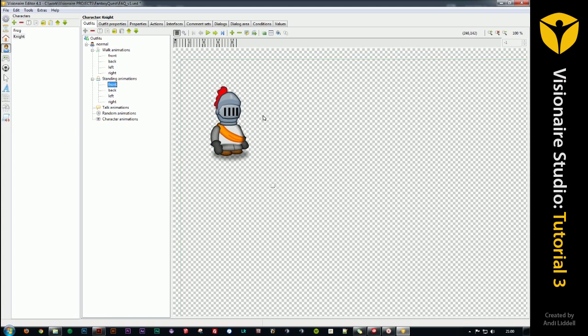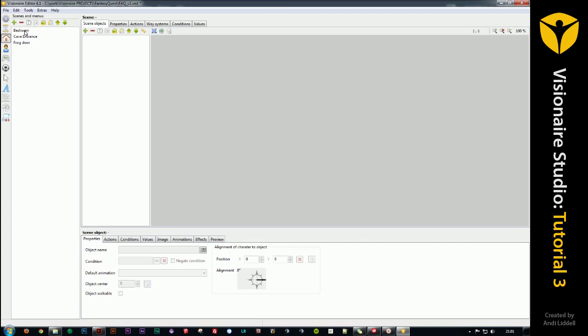Where you want to put this is right in the dead center of your character, at the point where you kind of want his feet to hit the floor, because that registration point is used by the Visionaire engine to work out where the character's stood, both in kind of forward and backward perspective, but also in front of and behind other items. If I just nip back to the rooms, you'll remember from the first tutorial,